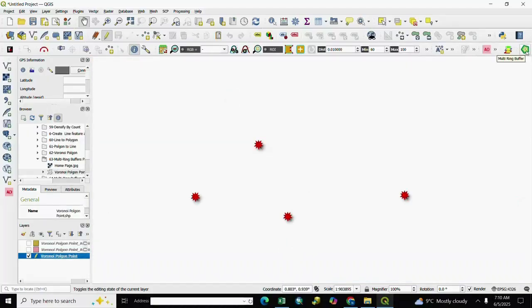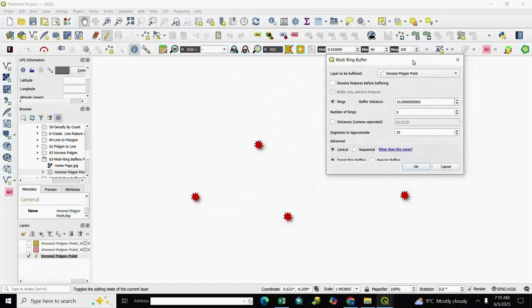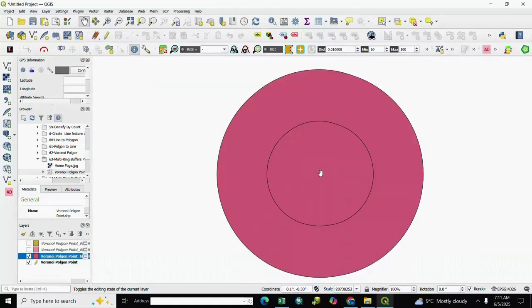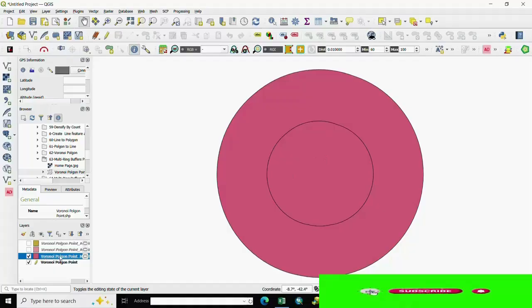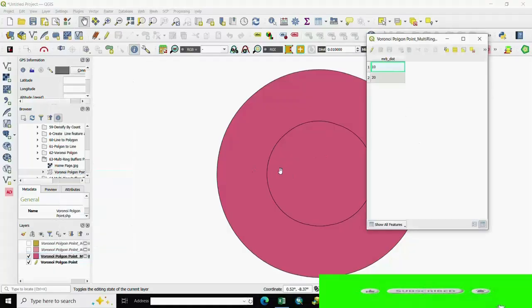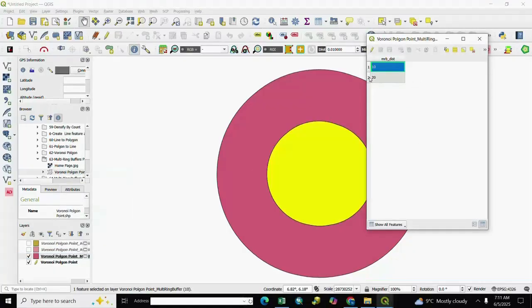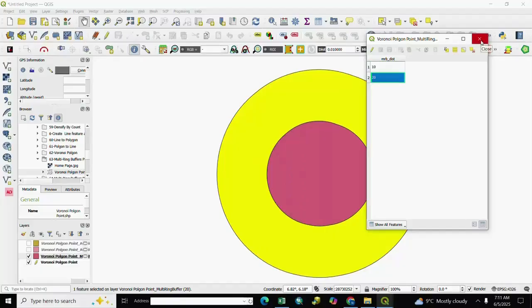and we go to multiple ring and we select here number of rings. We take dissolve feature in buffer and number of rings we write here 2 rings and OK. Here is 2 ring. You right click, open attribute table and you see here is 2 ring and next